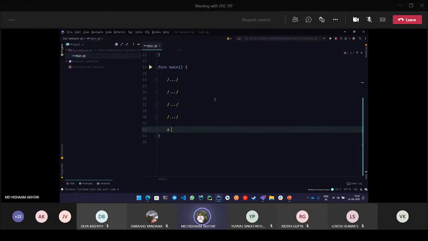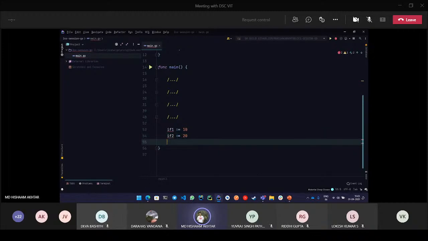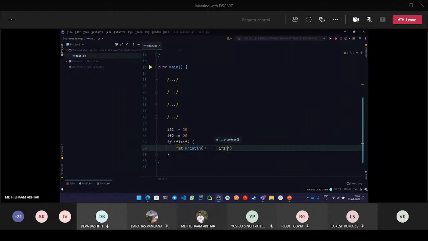So we could say declare one variable. So let's say if1, with the value 10, and call another if2 with the value 20, right? And we could say if if1 is greater than if2, fmt.Println, else